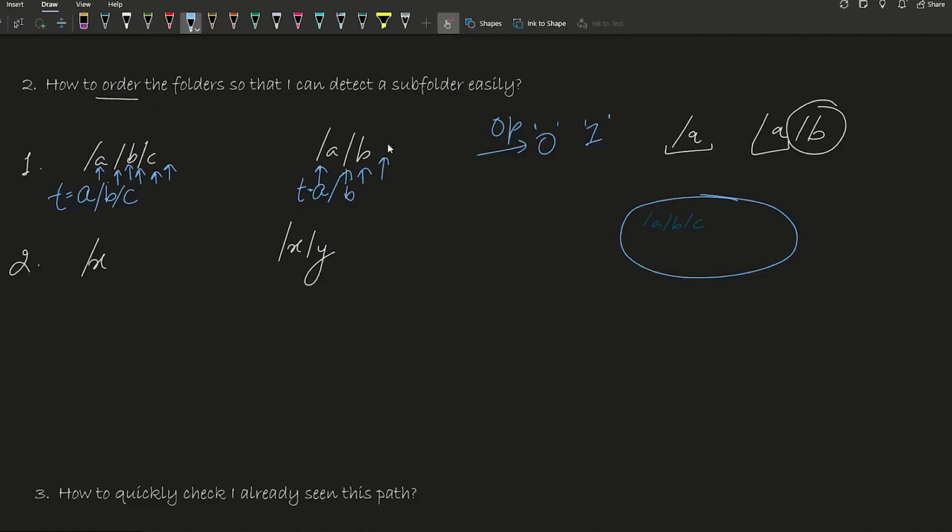Then I move forward, and if we reach the end of the string, we again check, have I encountered anything like this? But here we only have something like this. So we put it into a structure. But for this case, we start from here. Okay, we append X and then we move forward. Okay, we reach the end. So we check, have we seen anything like this? No, we put it into our helper data structure. And then we move forward to